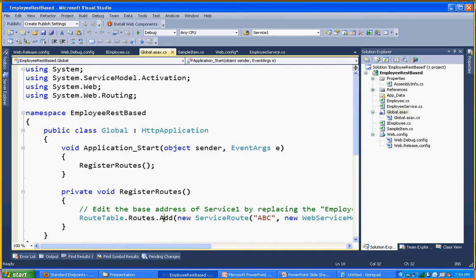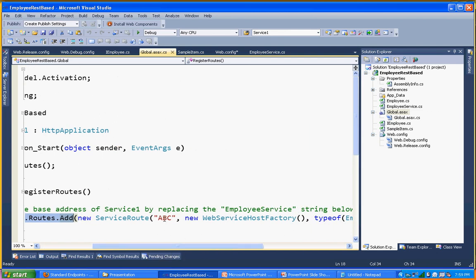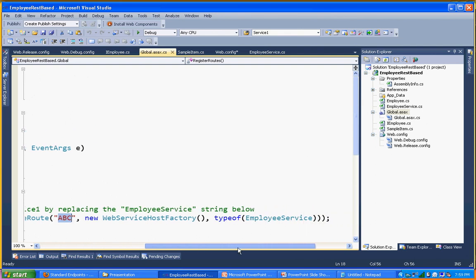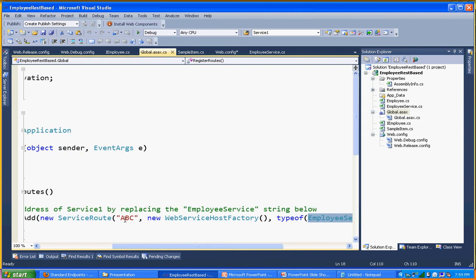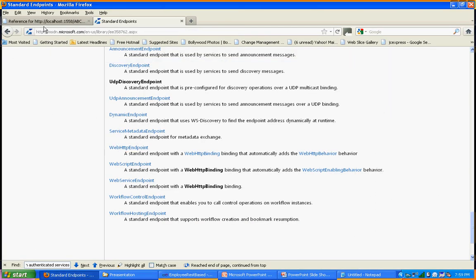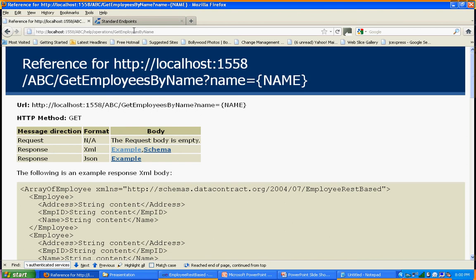Here is the RouteTable.Routes. This is the one which gives you the option to give friendly names to your service. Here I am giving the mapping, like ABC is the name I gave to my service, and the mapping to ABC is the contract, my implementation of the service behavior class. So if you want to change ABC to employee service, you can specify it here so that you can access the service with this keyword only. Since here I specified ABC, I can access my service with ABC. That's what we saw earlier, ABC/help page.